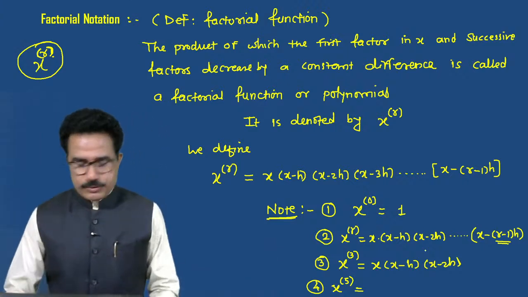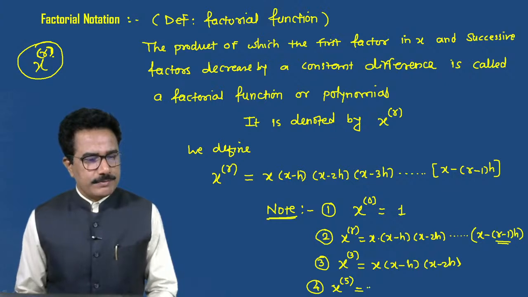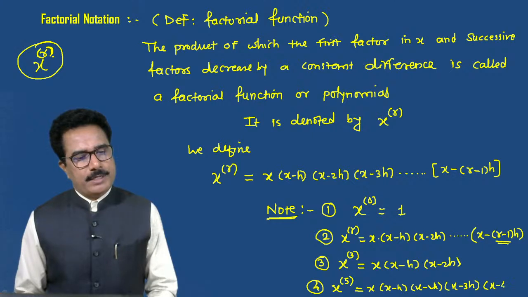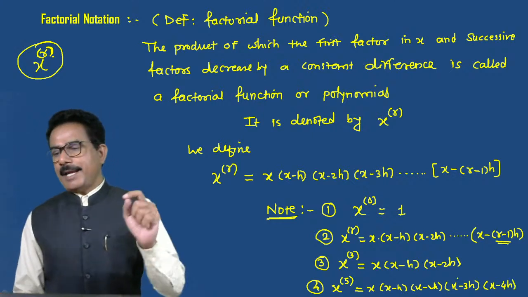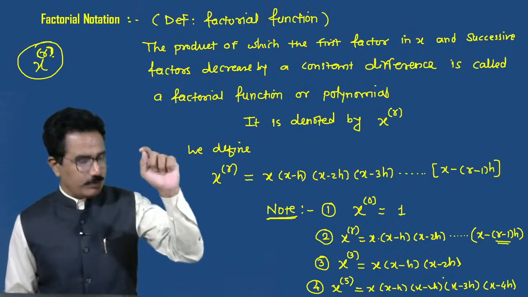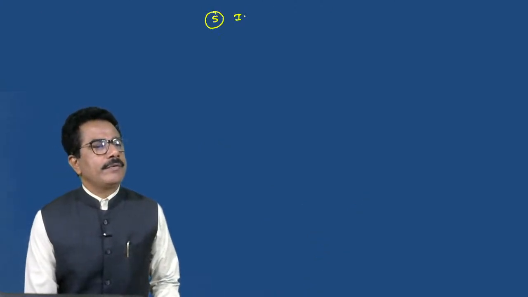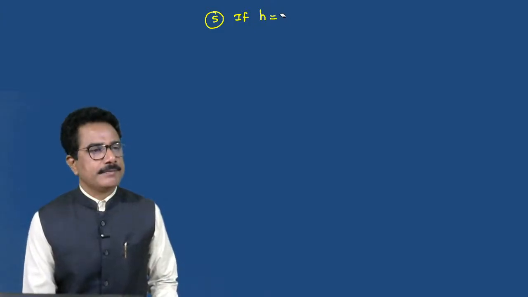Okay, so we can write x minus h, x minus 2h, x minus 3h, x minus 4h, meaning r minus 1. If it is 5, write 5 minus 1 in this way. If h is equal to 1, note number 5, if the interval of differencing h is equal to 1,